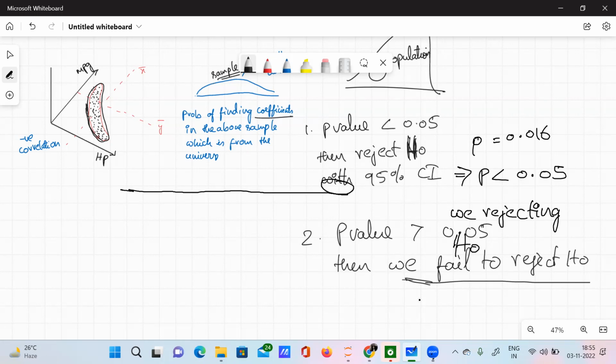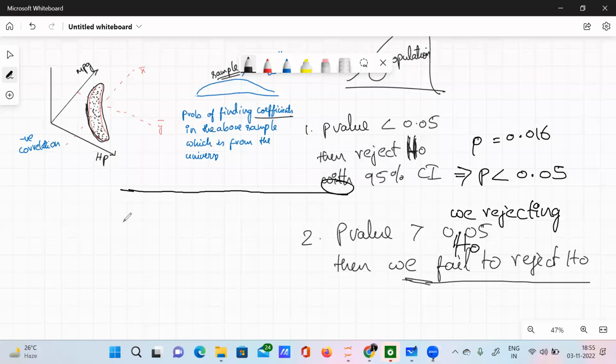See here. What do we have? Our p-value is less than 0.05. Then we need to reject the null hypothesis. So what does that mean, rejecting the null hypothesis? We are actually saying